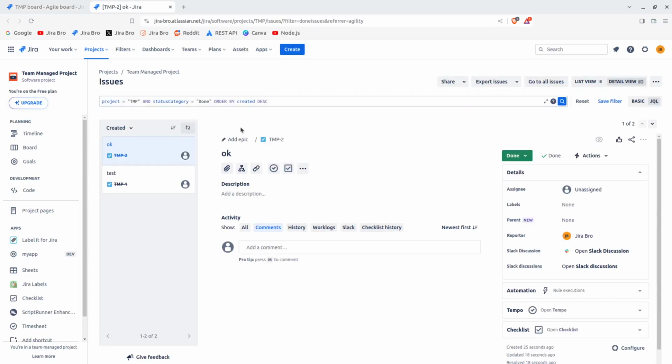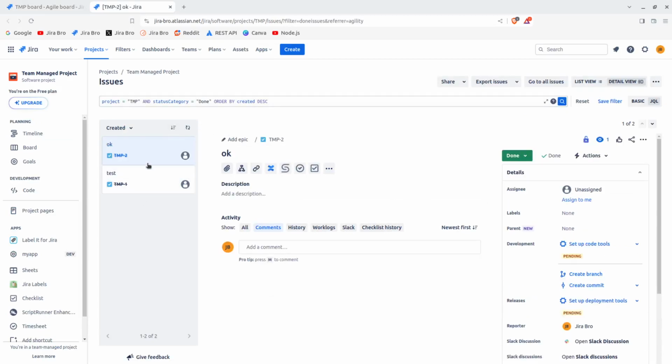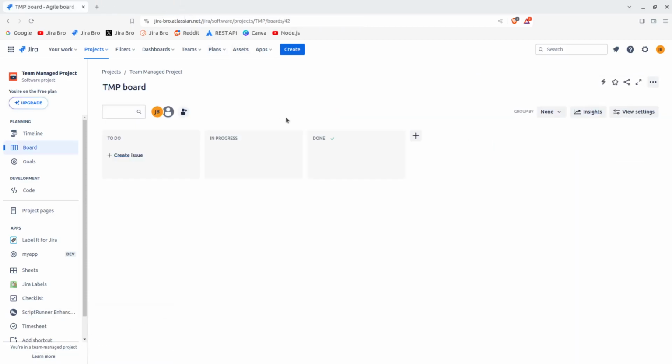And when you go for the done issues right here, it automatically redirects you to the JQL, basically stating the status category of done. Now, what does this actually mean? By default, Jira has three status categories: to do, in progress, and done. So this means that within your workflow that you can define